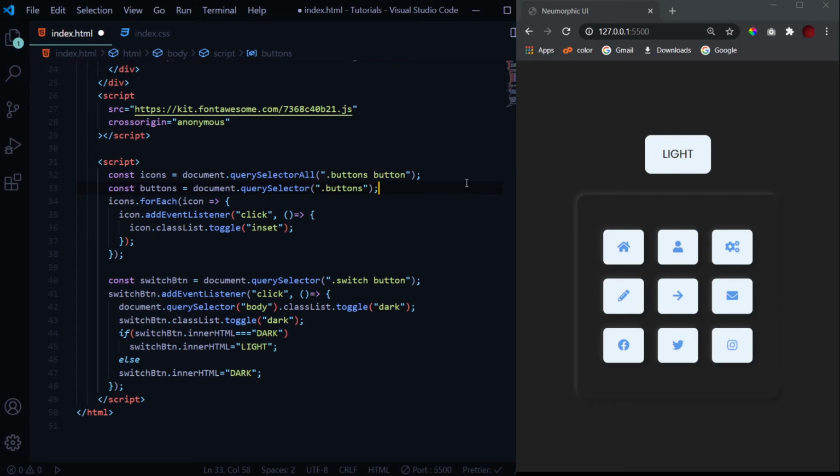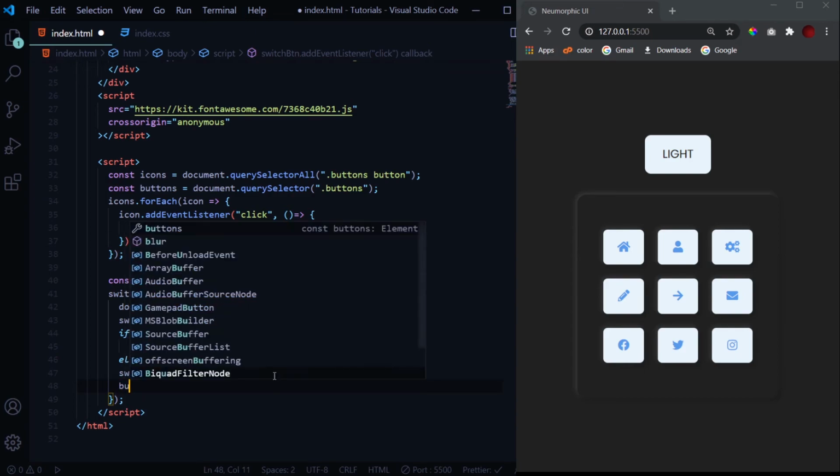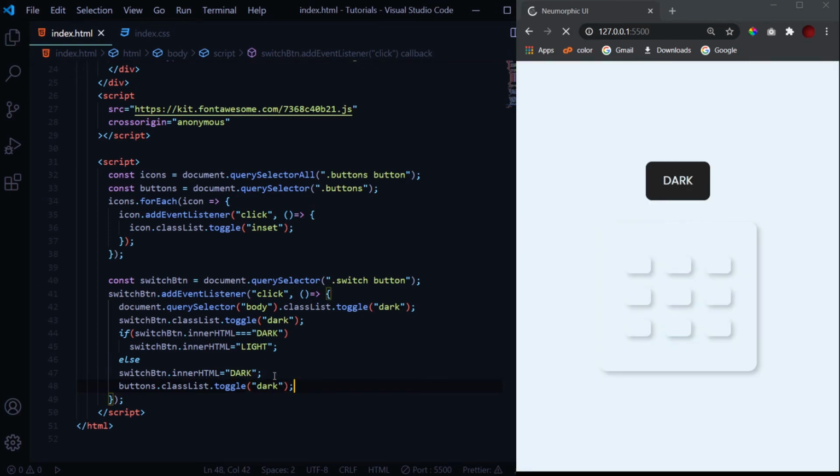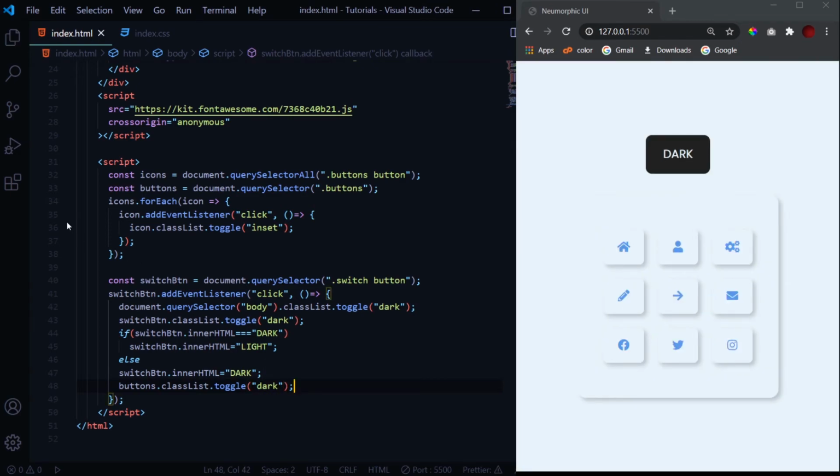This will select the container where all the 9 icons are held. We need to add a class to it as well. So buttons dot classList dot toggle dark to it as well. Yeah, so this is it for the JavaScript part.